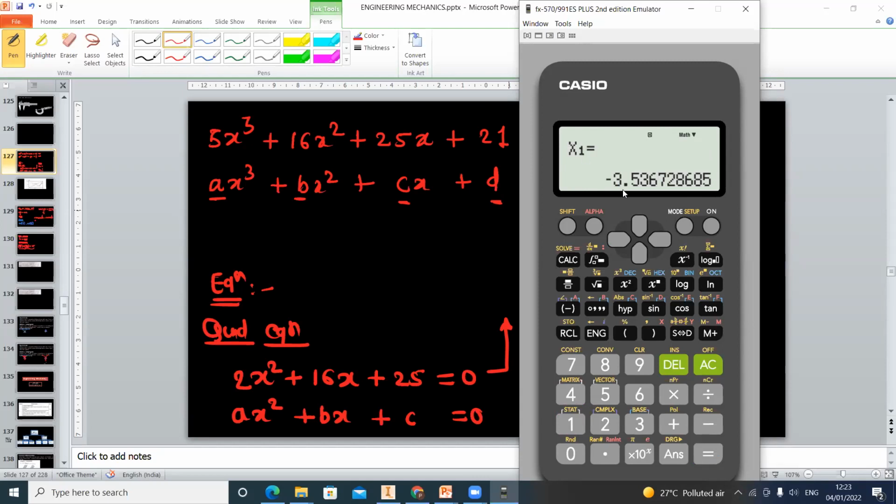First is x1, which is minus 3.53. Second, actually one part is not visible. This second root is a complex root. To make the second part visible, press SD. You can see the real part and the complex part. This is the second root. Again press equal to, you will get the third root. Again press SD, and this is again a complex root. To see the previous roots x1 and x2, just press the up arrow: x2, x1.